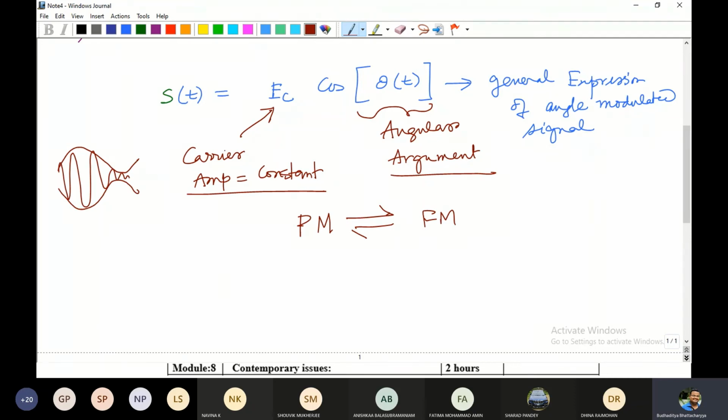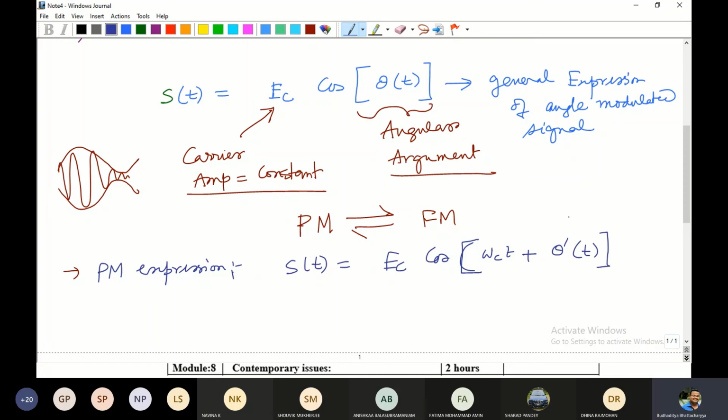Okay, so that is ideally what the theta(t) is all about. So for example, if I change this equation in terms of PM, so suppose I want to change this expression into a PM expression. Okay, suppose FM, I'll do it sometime later also. So it will be something like s(t) equals Ec constant cos of, suppose omega c t is the common, so it's basically the carrier frequency which will remain constant, so omega c t plus something like theta prime.